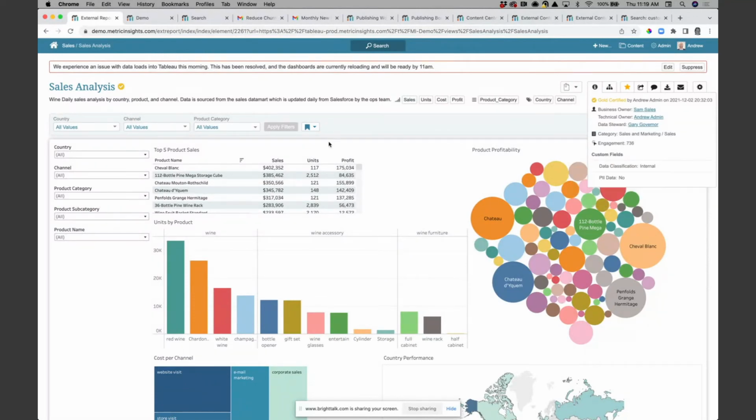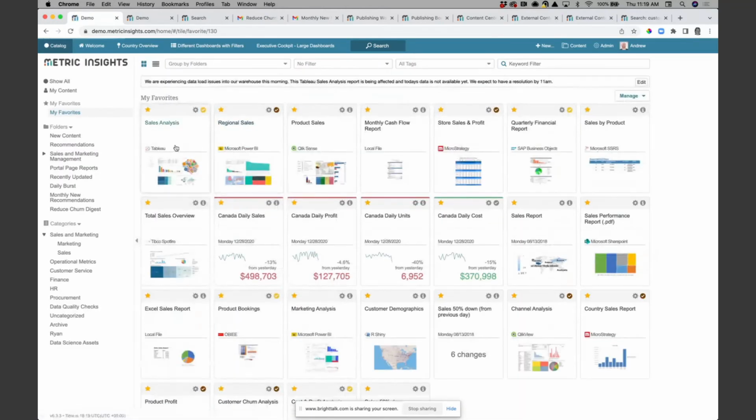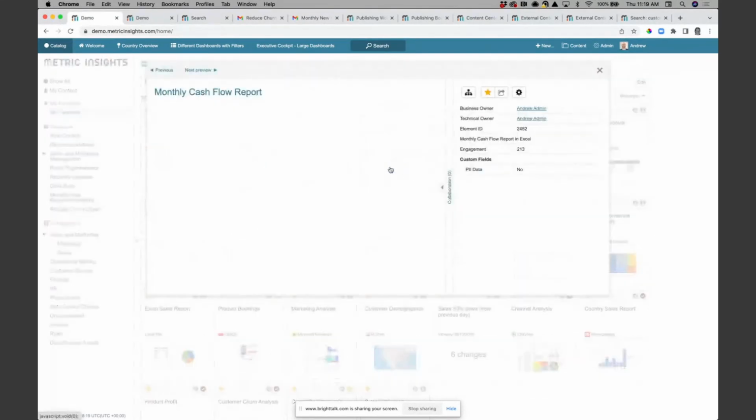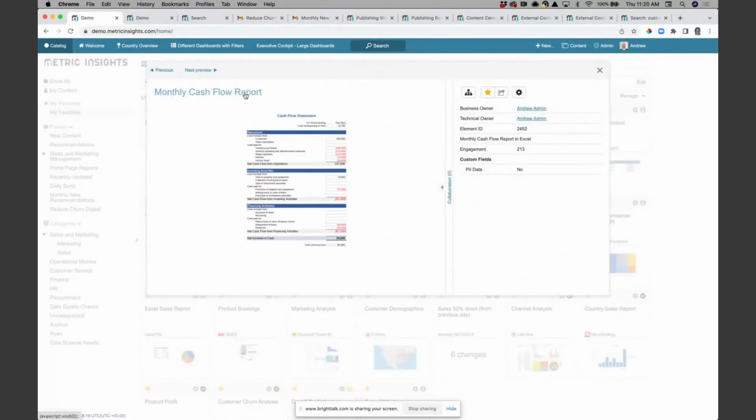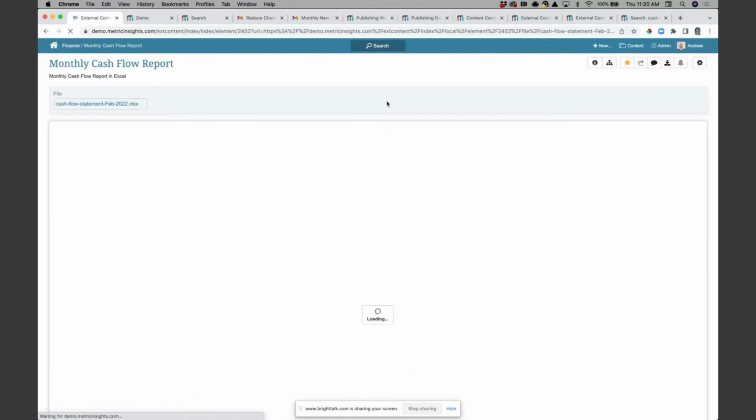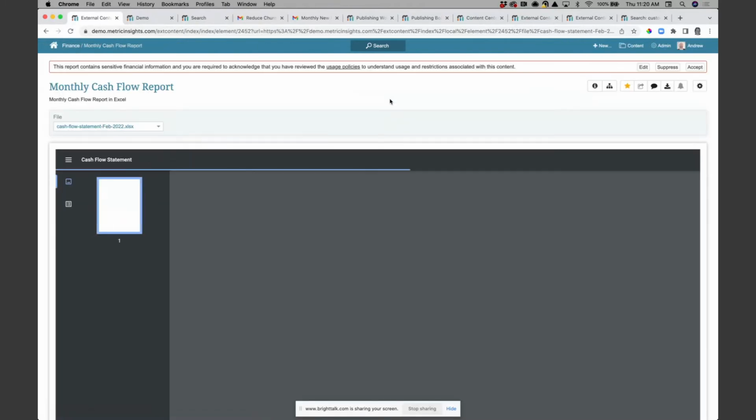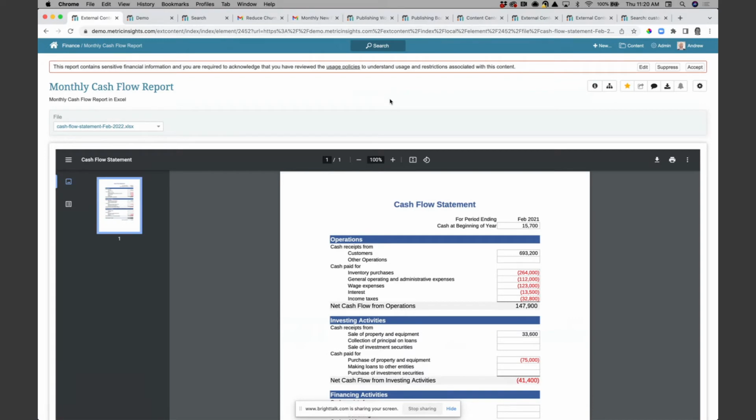And so organizations are doing this for their BI, regardless of whether it's a Tableau or Power BI dashboard, or it's a spreadsheet sitting on a file store or SharePoint. To the end user, they don't really care where these assets are coming from. They just need access to them in one place.